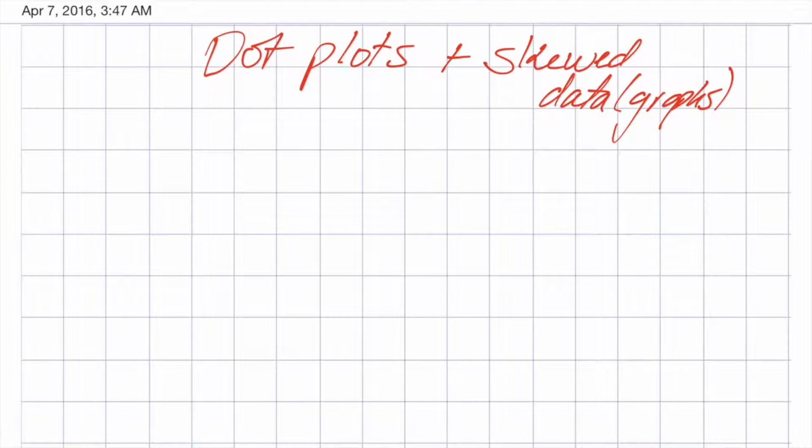Okay, so dot plots are really easy. After like 2 seconds, you're going to be an expert at them. So let's just start with some data, okay? Random data. Let's call this person Joe. And let's say their test scores